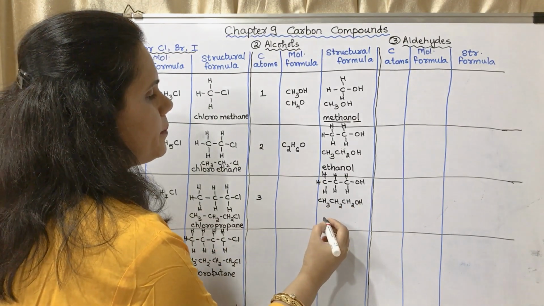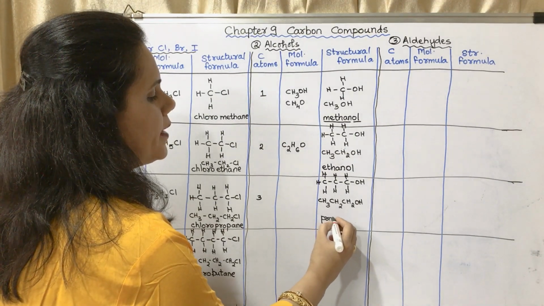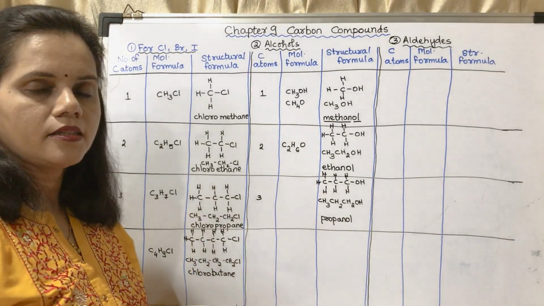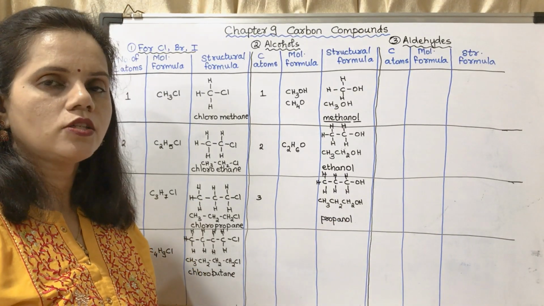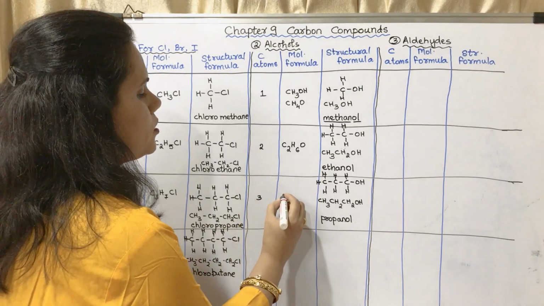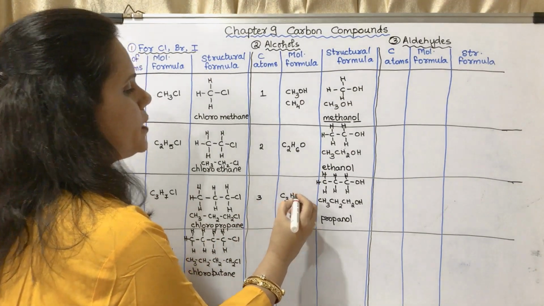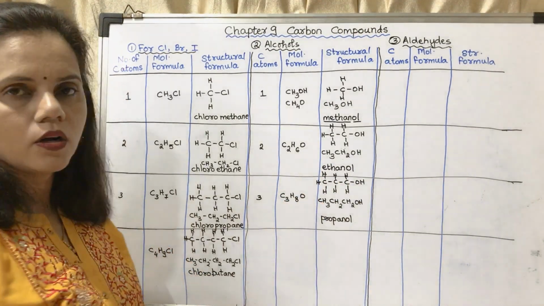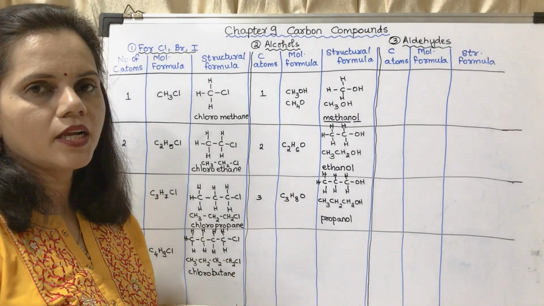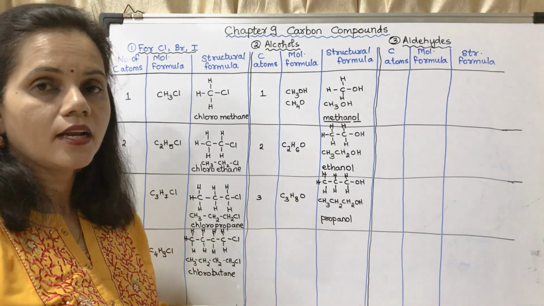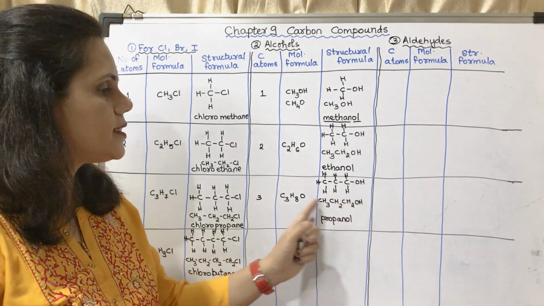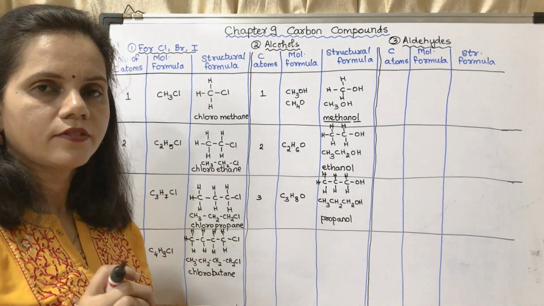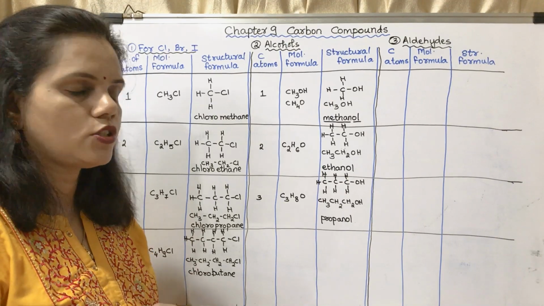Okay. So what will be the name? This will be propan, because there are 3 carbon atoms, and OL because the functional group is alcohol. So the name is propanol. Now C3H. How many H are there? 6, 7, 8. 8 H and 1 O. While writing the molecular formula, you may see that H is counted along with the other H, but in this case that H is not counted in this. Okay, because you have to show the functional group which is present.